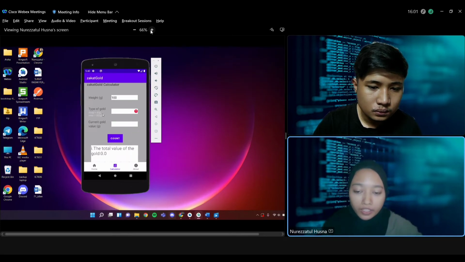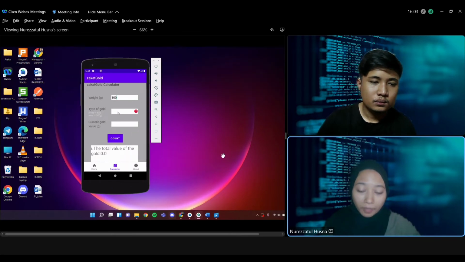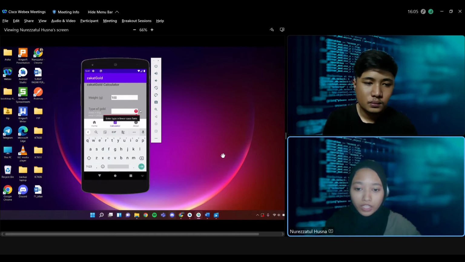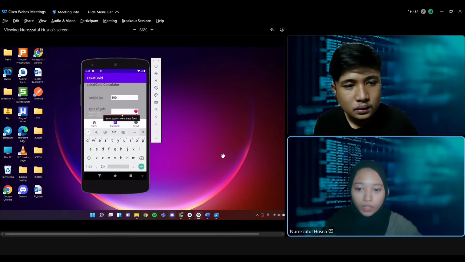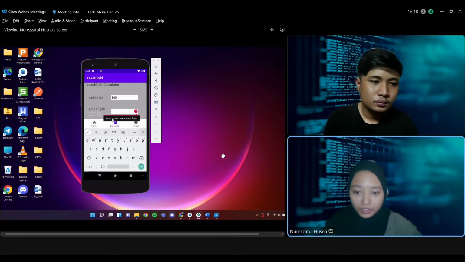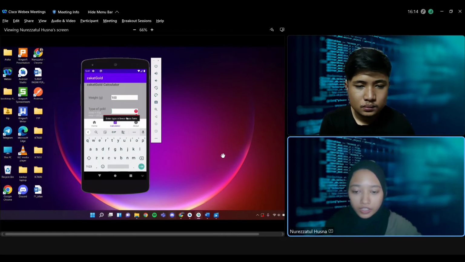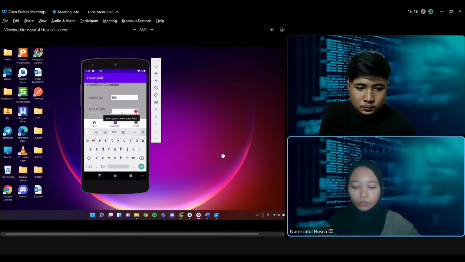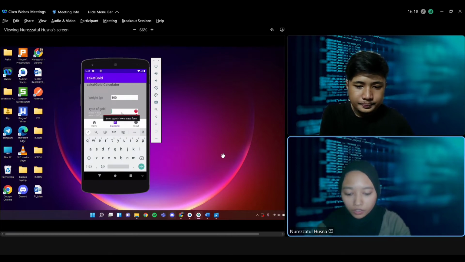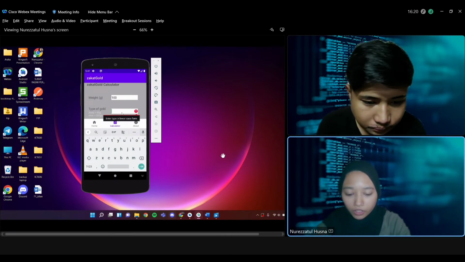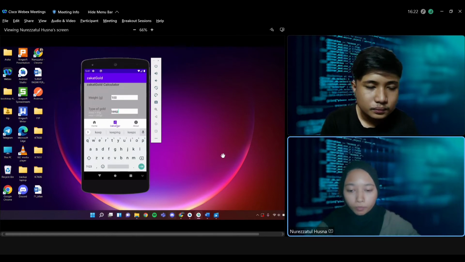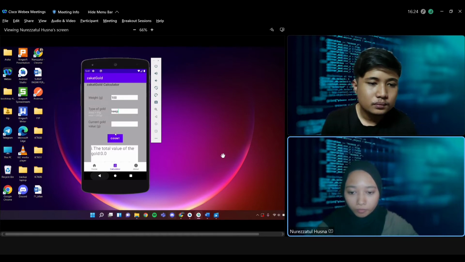When they key in the type of gold, there will be an instruction that says enter type in lowercase form. These are the instructions that need to be fulfilled. So let's say the type of gold is keep, in lowercase form.